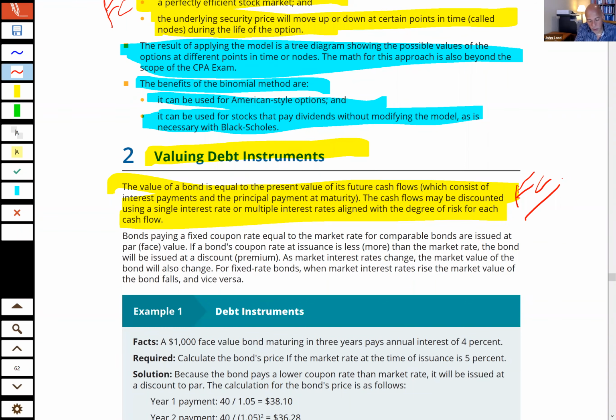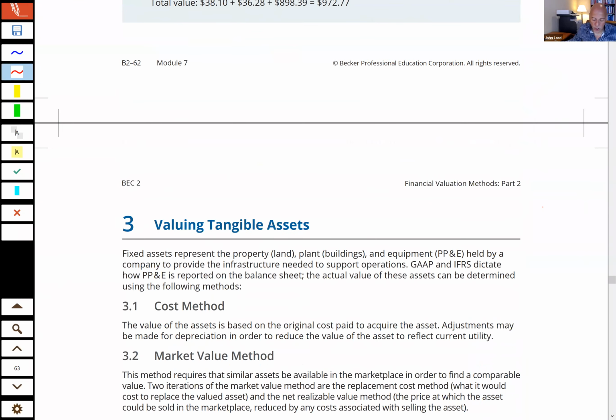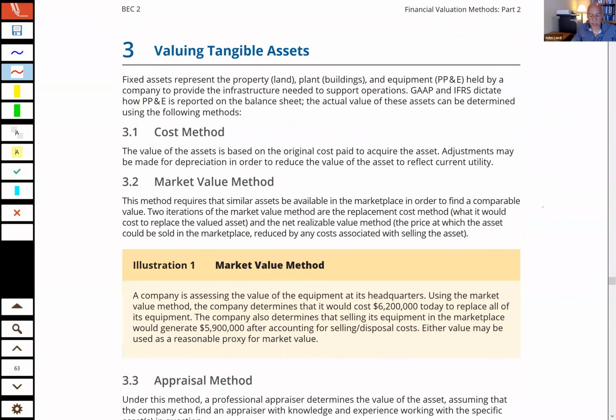Okay, good. Let's go ahead then and take a look at the next page and the valuing of tangible assets. Tangible assets being what? Being property, plant, and equipment. There are 3 different methods that I'm going to ask you to flashcard. And then we're just going to see what they say in the first line of each one of these